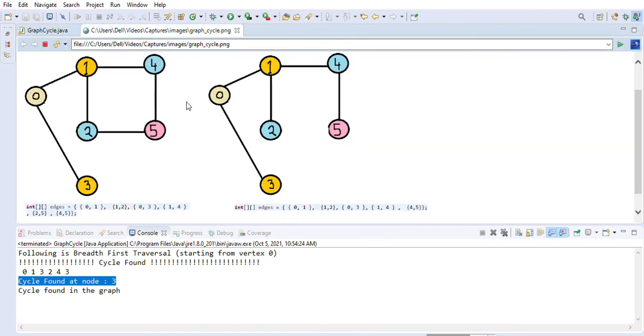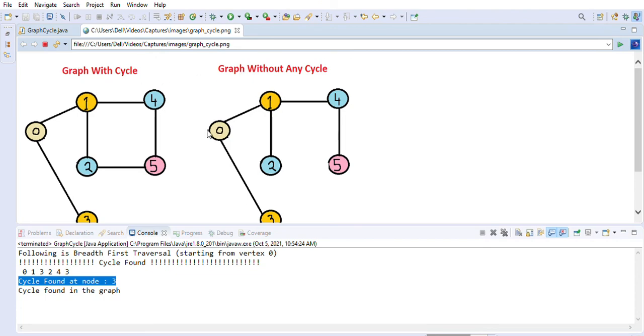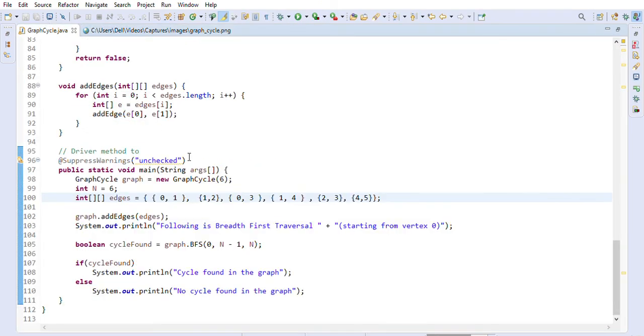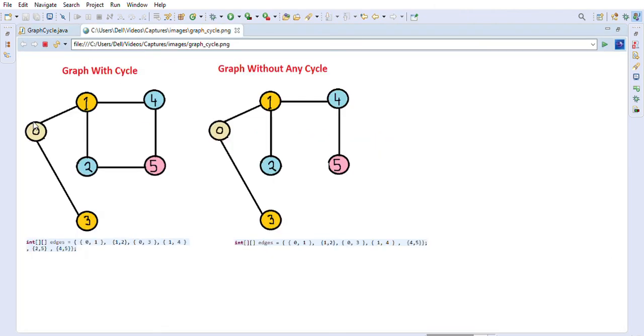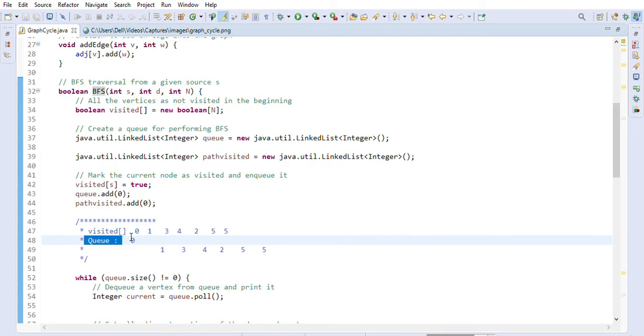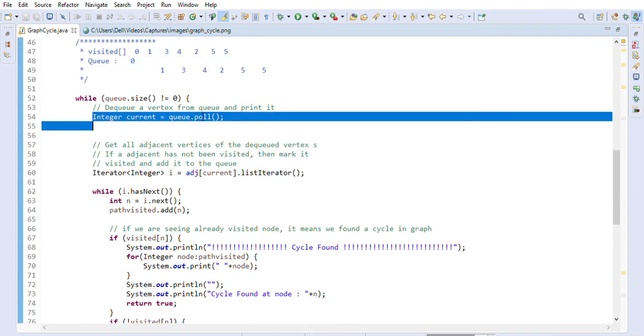So I already showed you a graph with a cycle and a graph without a cycle, with examples, and explained in detail. First, using the given edges array, we created a graph by using an adjacency list, and then we apply BFS here, right? BFS will make sure that we maintain a queue of visited elements, and we start visiting elements from 0, mark it as visited, and add it into the queue, right? And we will take out from the queue,